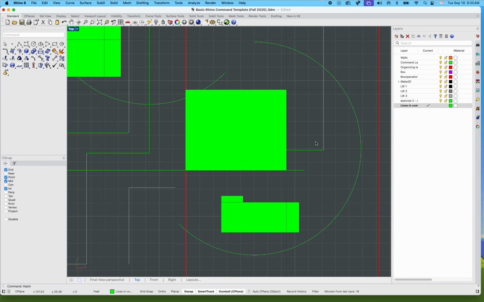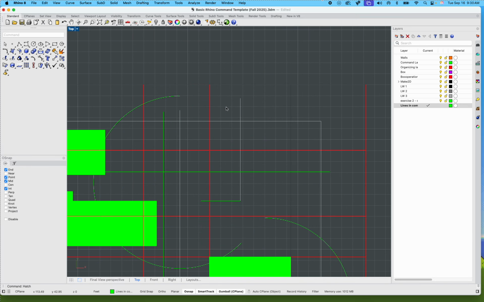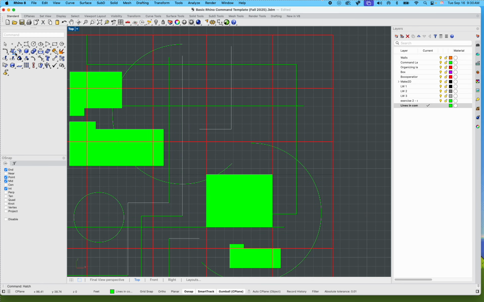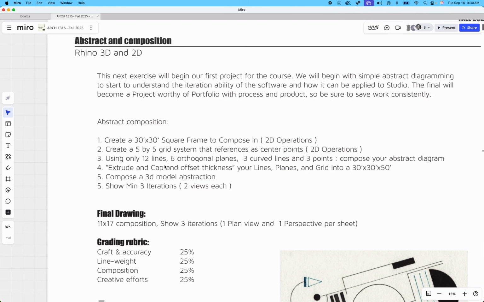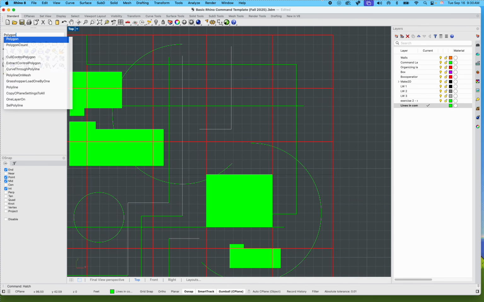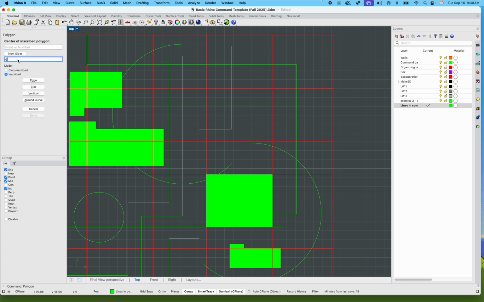Voila. No more poching required, right? I kind of want a circle in there, but there's nothing in the rules that say... well, I guess it does. It says orthogonal planes. So what about a polygon? I can type in polygon, type in the number of sides. Maybe I want an octagon, so I'm going to go with 8 sides, and select my center point. And voila, you no longer have to make